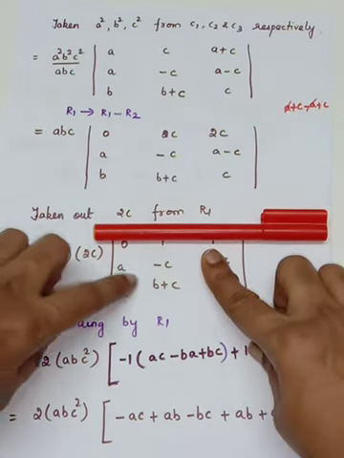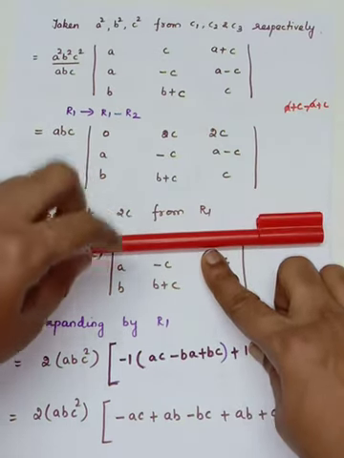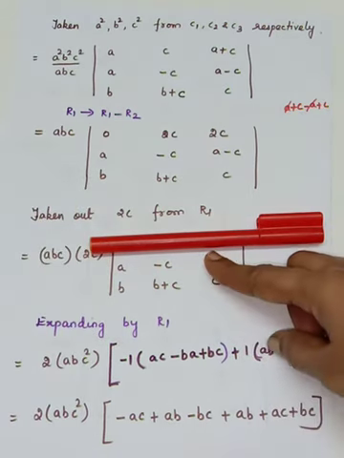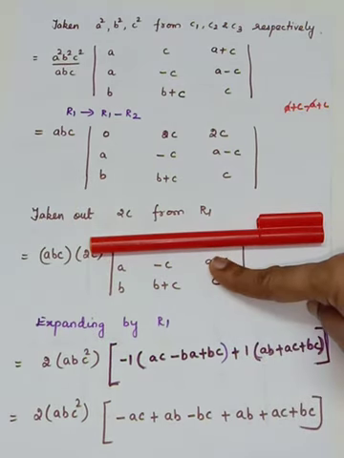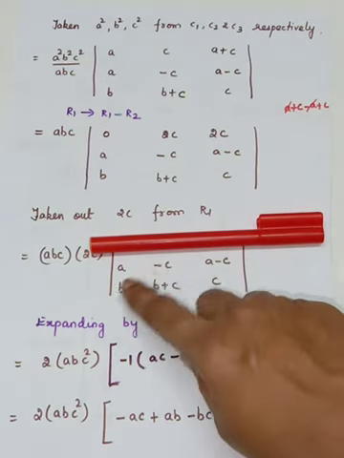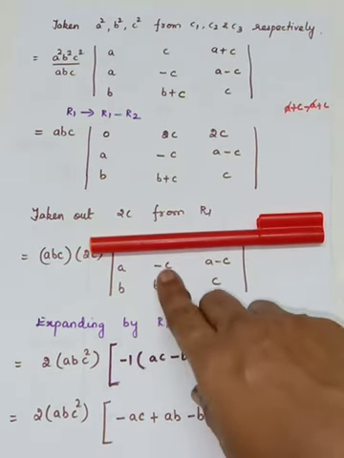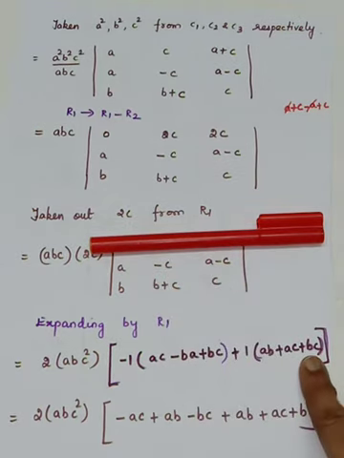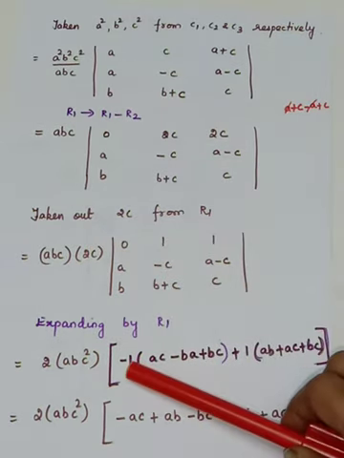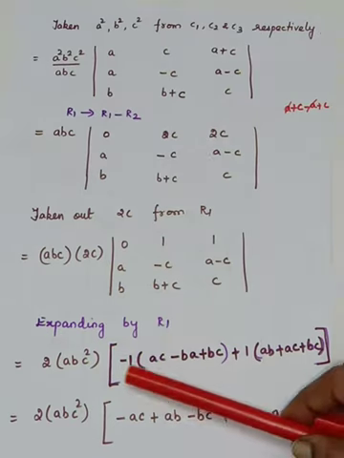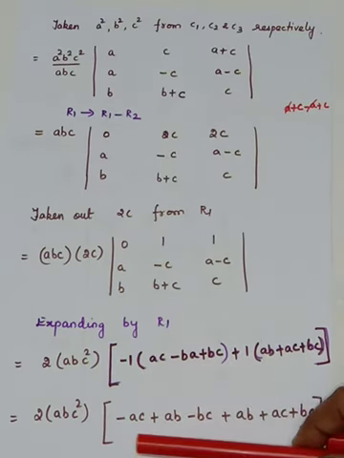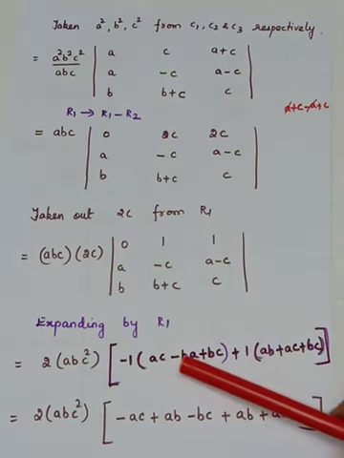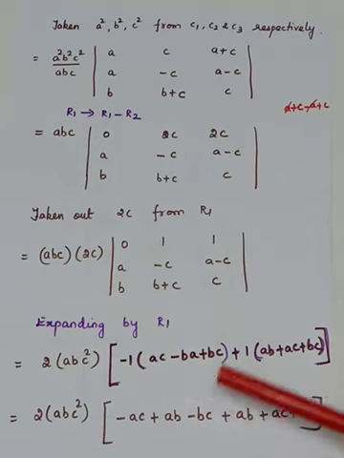So you have to cross multiply the main diagonal elements. So A into B is AB and A into C is AC. In between you have to write minus, and when you multiply these two, here also you will have minus BC. So it will become plus BC. So minus 1 has to be multiplied with all the terms. So minus 1 into AC is minus AC, minus into minus plus AB minus BC.